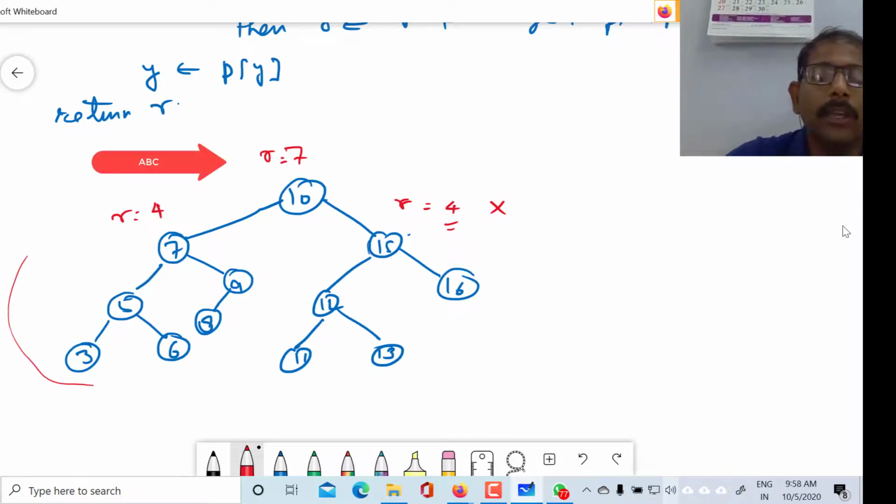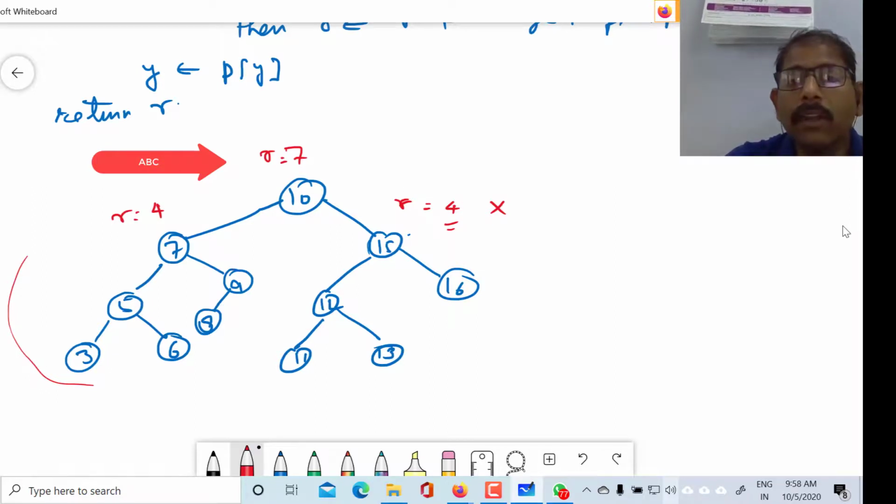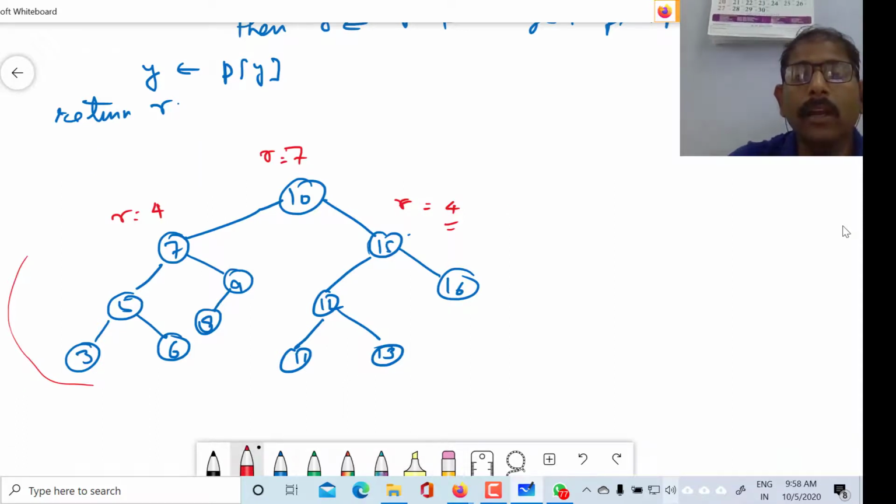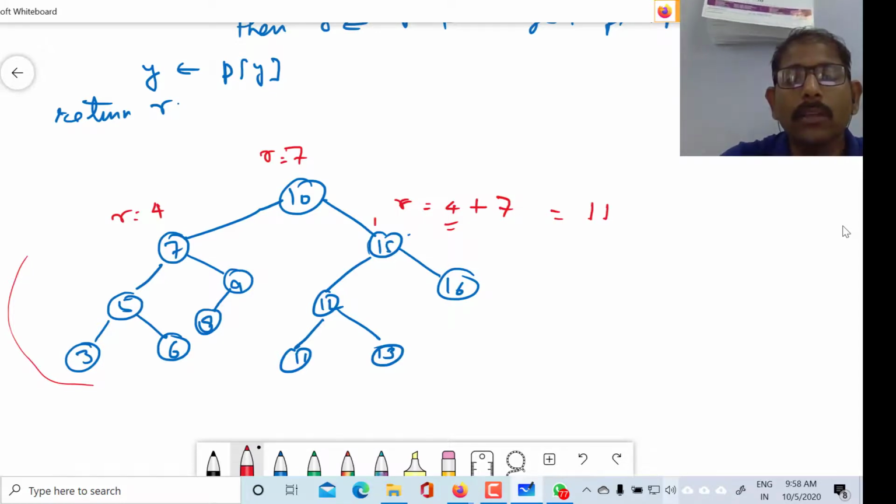The parent's rank is 7, so you add 7, and you get its actual rank, which is 11. So the rank of 15 is 11 here.